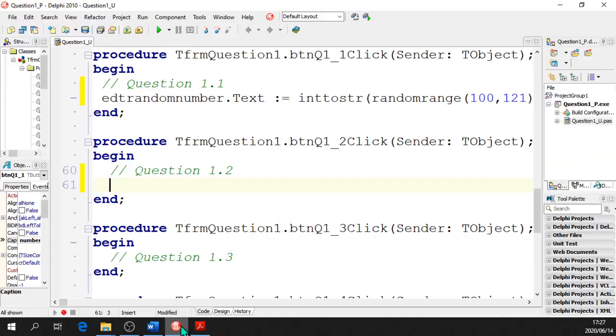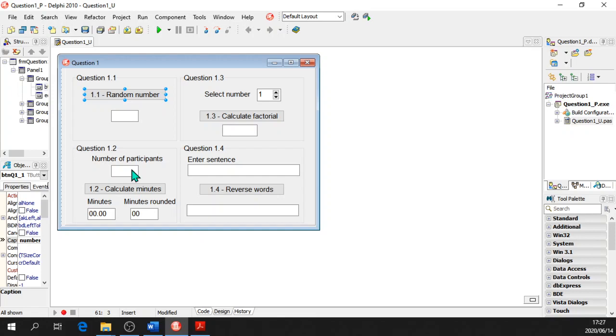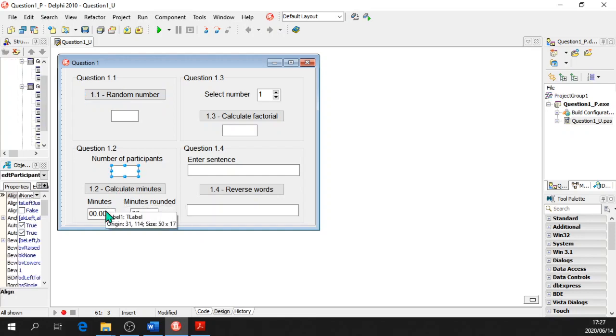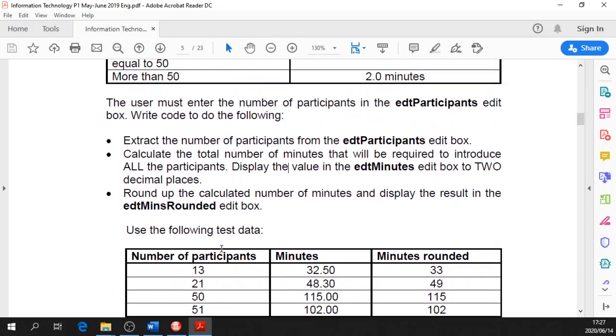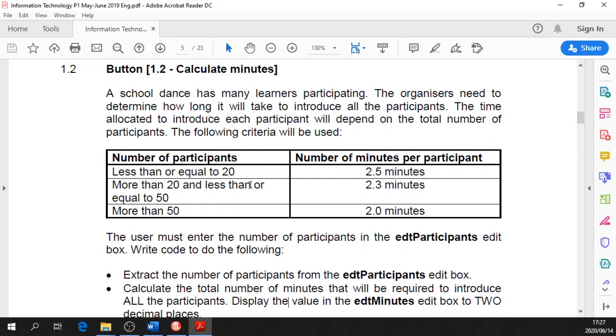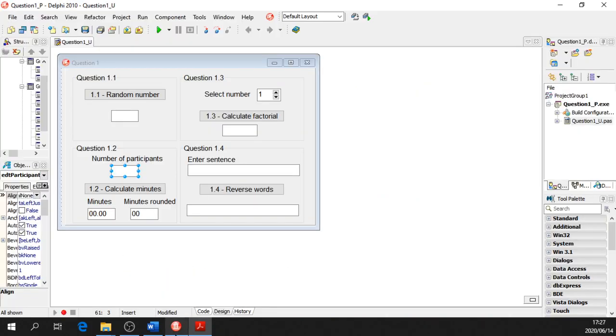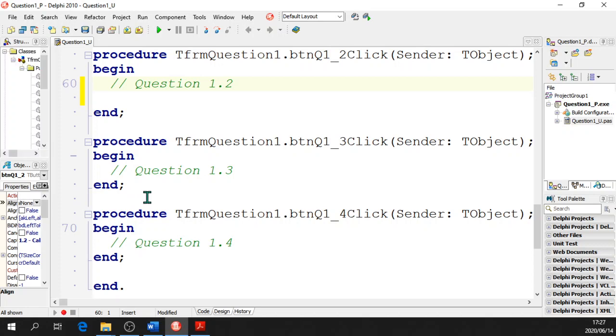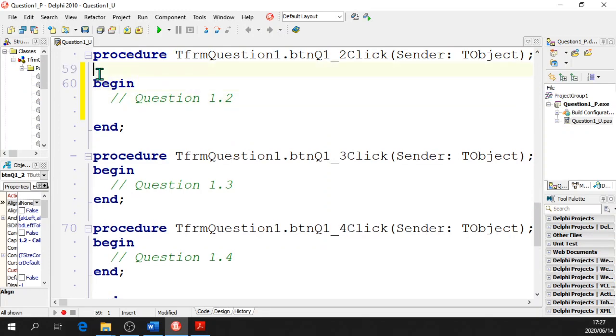Anyway, right, let's go and have a look at the input. Put in the number of participants there, and then go by our table over here, multiply that number by either 2.5 or 2.3 or 2. So less than or equal to, so I'm saying 0 to 20 and 21 to 50 and then greater than 50. So I'll use case. I like to use case, and we'll have the number, because you're not going to have half a person. And they never asked you to check the input, so